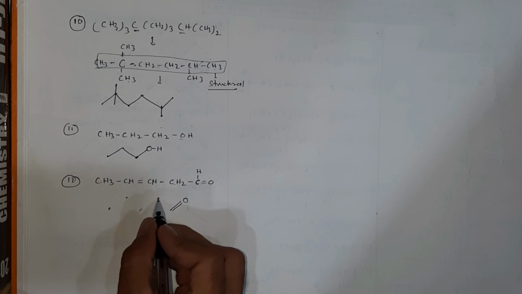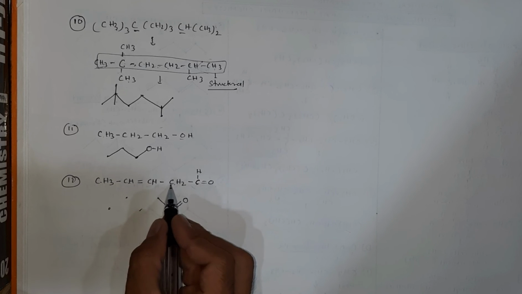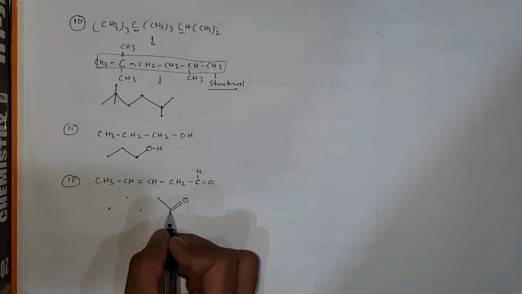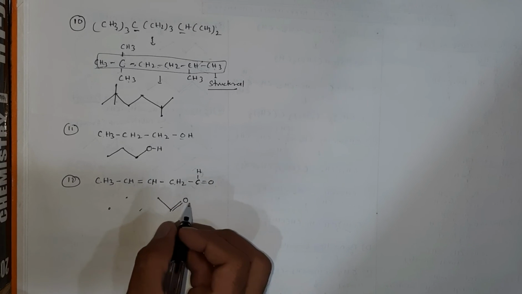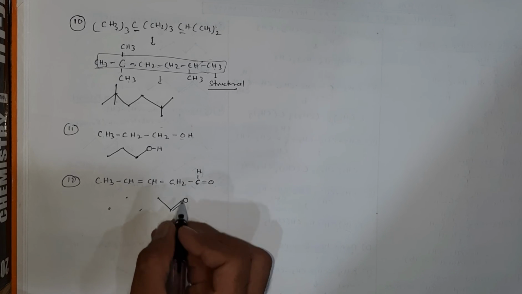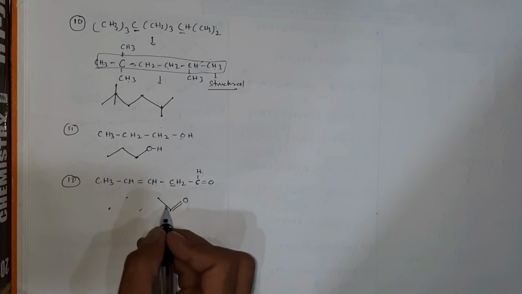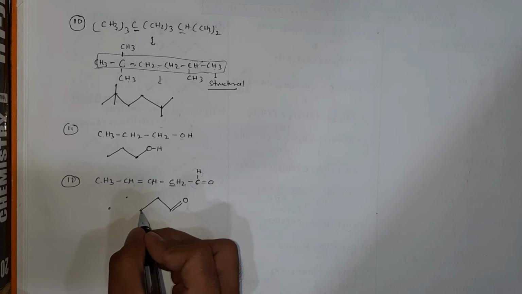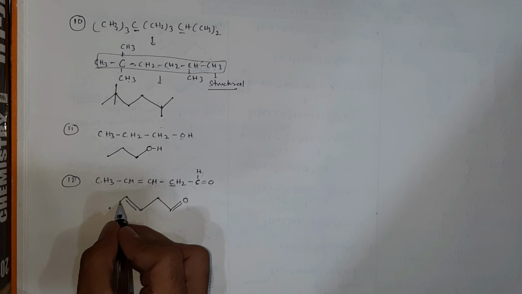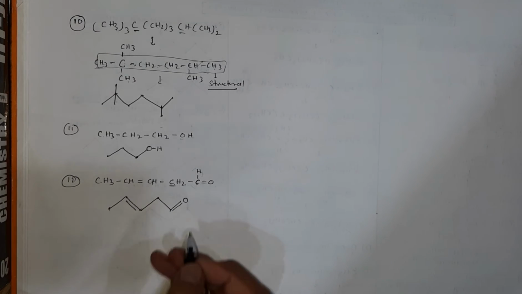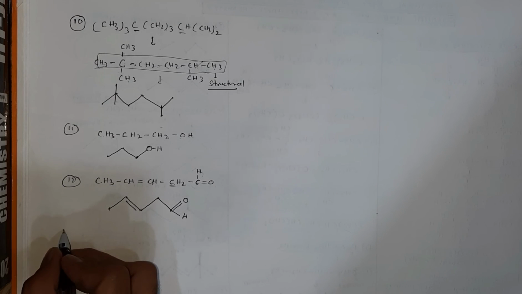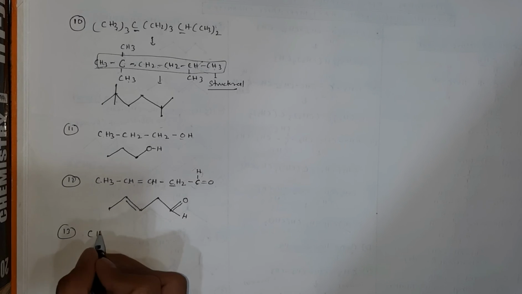Now this carbon is attached to another carbon by a single bond. Someone may say, sir, you have not drawn H here. Not necessary. It is understood that H is attached to the carbon atoms, a part of that hydrocarbon. If someone draws H here it is not wrong, and if not drawn it is also no problem. So this is CH2 here, attached to another CH by a single bond, then attached to a CH by a double bond, then attached to a CH3 by a single bond. This is the structure of the aldehyde. If you draw H here, it's fine. It's an aldehyde.